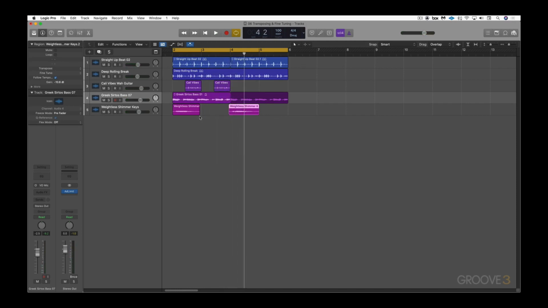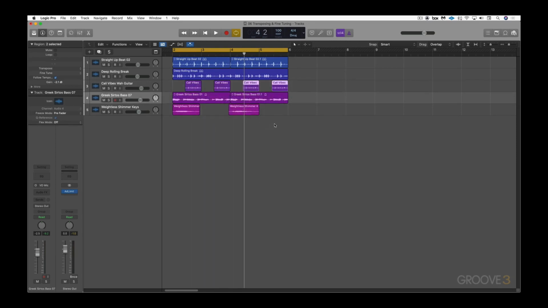Now, this is all playing back in the project key of D, and that works great. But let's say I want to change chords after a few bars or have it repeat in different keys. There's a couple of ways I can do it. I'm going to turn off looping here. I'm going to hit L, and I'm just going to option drag this to have a copy of it. One simple thing we can do, and I'm going to copy these over as well,